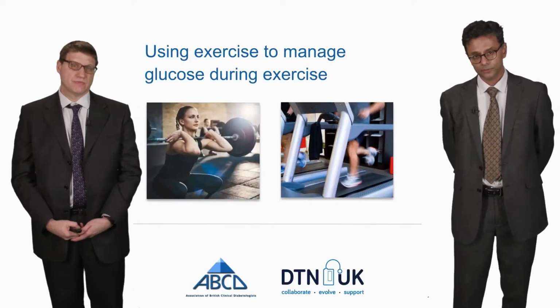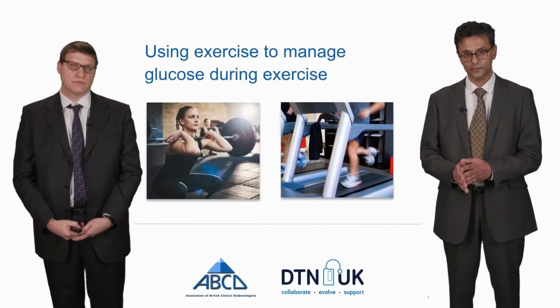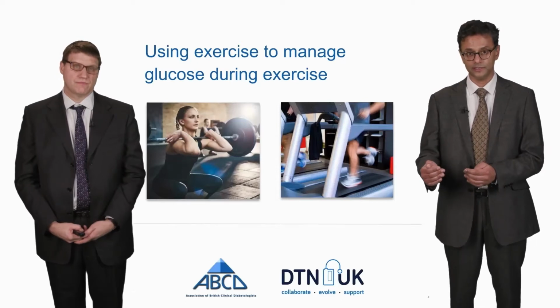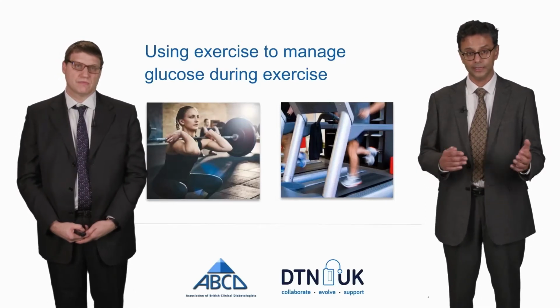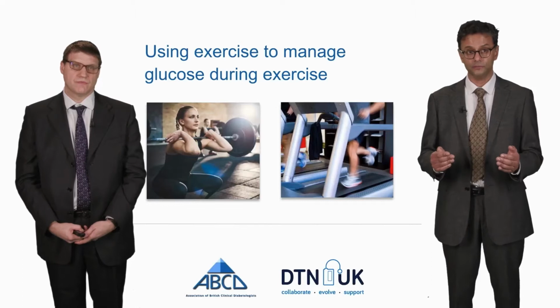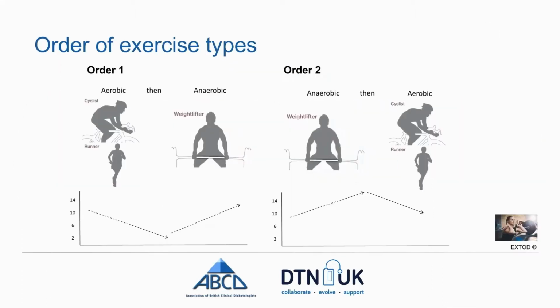And then the third approach. We've talked about insulin, we've talked about carbohydrates, and the third approach is to use exercise itself. And you saw before that different exercises do different things for your blood glucose. So as an example here, we can switch between exercises to control our blood glucose. During aerobic exercise, as you see here on the first panel, during a run or a bike ride, the blood glucose levels are going to fall. However, if someone switched the exercise, it would put the blood glucose up if they switched to anaerobic.